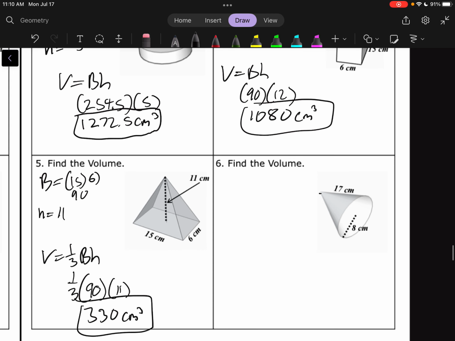And last but not least, for this one, we do need to find that height there. We know we need to do 1/3 big BH. Our big B, our area of the base, we're doing pi times 8 squared, which is